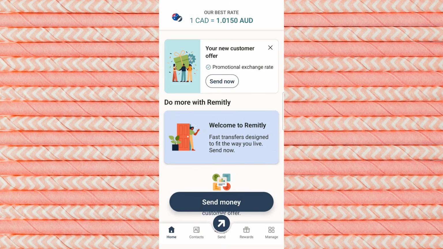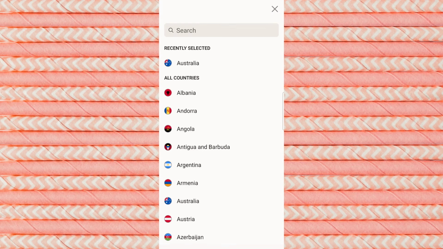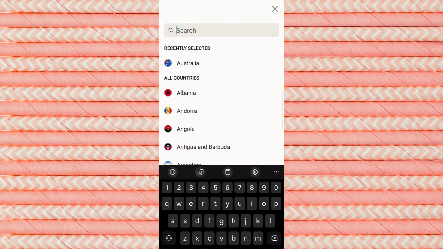To begin, open your Remitly account. If you've already signed in, you'll be taken to the main screen. Once you're there, look at the country shown at the top of the app or website. This is important because Remitly needs to know where you're sending the money. Click on that country field and select the specific destination country for your transfer. Always double-check this part, because the available delivery options and transfer details can vary depending on the country you choose.